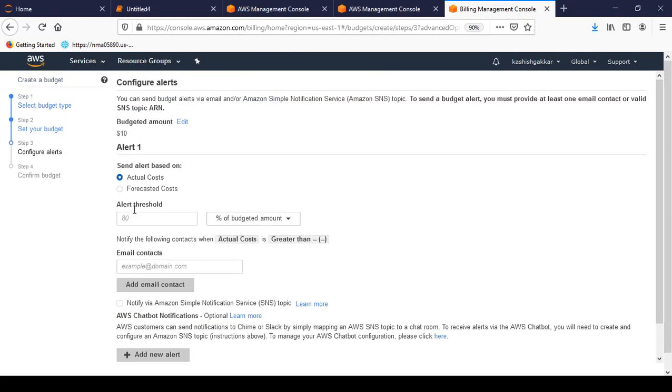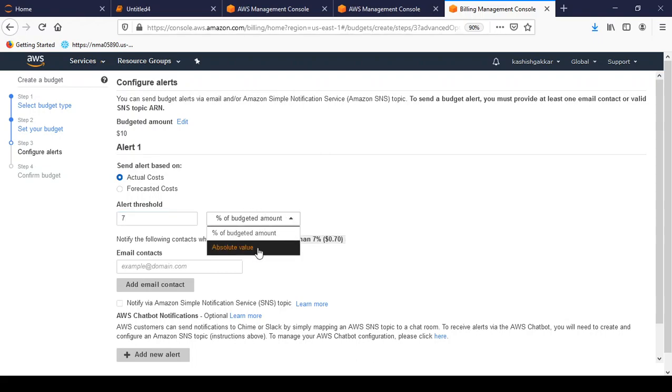Here you can set when, out of $10, you want to receive the email notification, or you can say alert. I want to say that when I reach 70% of my budget, so you can see I have entered 70 percent of your budget amount, or you can say when I reach $7.